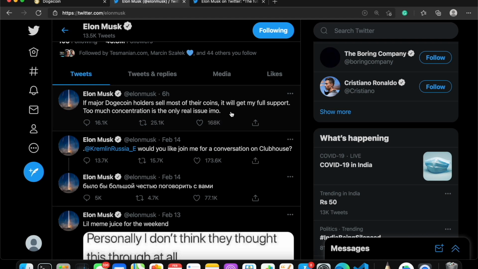So Elon Musk doesn't like that point. What he's saying is, whoever is holding those coins should make sure he distributes them to others, or he should sell his stake and reduce his percentage in Dogecoin. That is what he means, because that is the real meaning behind people's currency, right? If someone is getting rich, we have to become rich together.